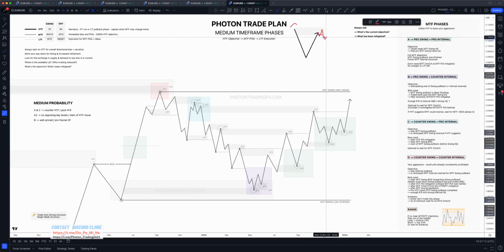So basically we're following this, right? This is like our A2 down here. So again, we've mitigated 4 hour supply. The M15 is our red price action here, right? We've shifted bearish. So the swing's bearish, the internal's still bearish. So we're in phase A2, right after the BOS. And basically we look left, there's no demand, there's nothing in the way. It's the start of the momentum, the start of potentially this big 4 hour move.